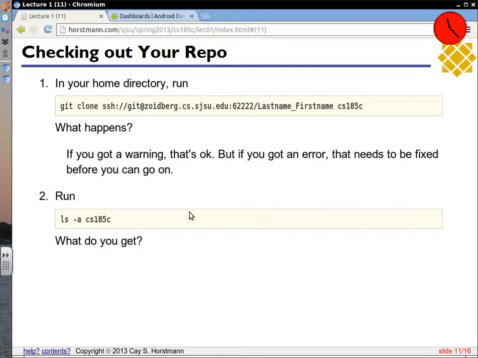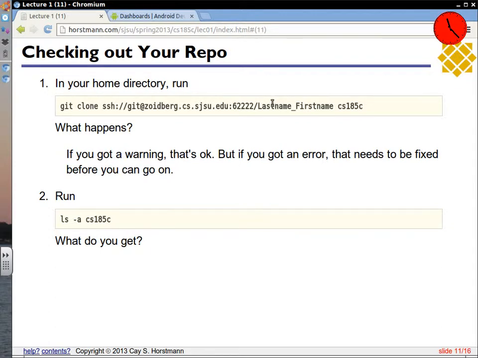So let's do this step here individually, and that'll determine the pair assignment. What I want you to do is clone the repo that was made for you, which is empty, by putting in this very command in here. Copy and paste it into your command shell, except change last name_first name into the exact same last name first name that you used when you sent in the prerequisite request. Remember, you submitted a file that's last name first name .pub. That's the exact last name first name, but not the .pub.